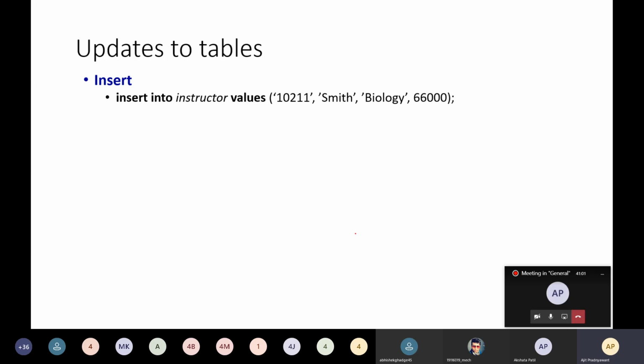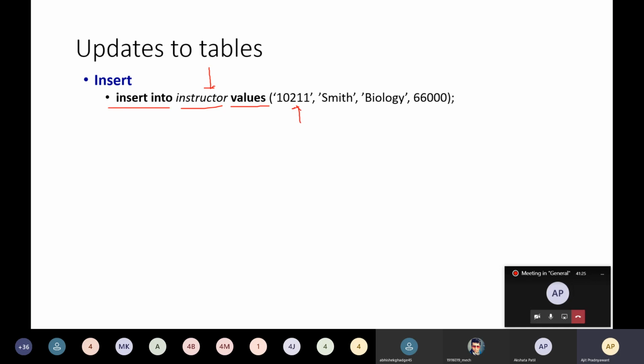So how to do the updates to the tables? First of all, how to insert the data into the table? This is the way to insert the data into the table: insert into instructor, and this is the values clause. These bold words are the keywords in SQL. Insert into the name of the table and values, and you have to mention the values.